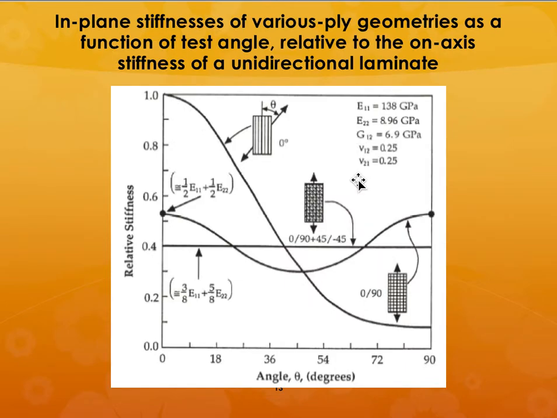So when you calculate that and you plot the data, so if you had the fibers all in the 0 direction, then you calculate the stiffness of that particular lamella, and then you compare that by changing the angle of orientation of the fibers, and you can see that. So for example, E11 for this composite